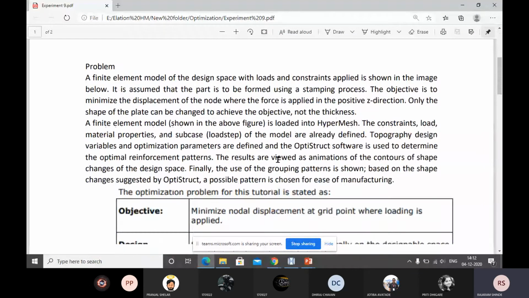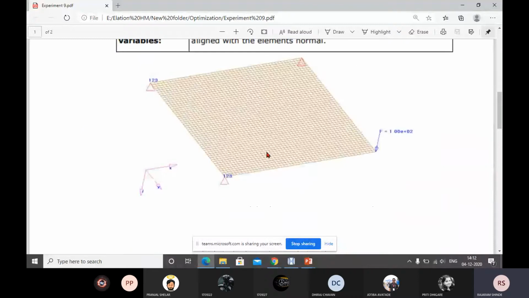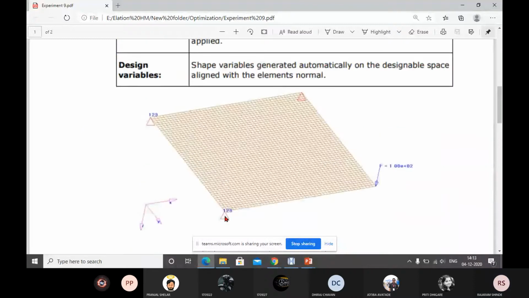You have this problem. These three nodes, that is this node, this node, and this node, are fixed, and load is applied at this location. Now its thickness is very small, and when we apply the load on this plate at this location, it will deform. Now the same plate, the same plate,